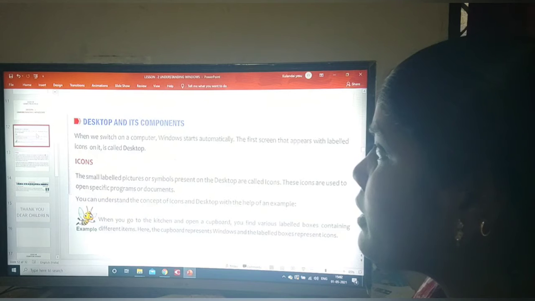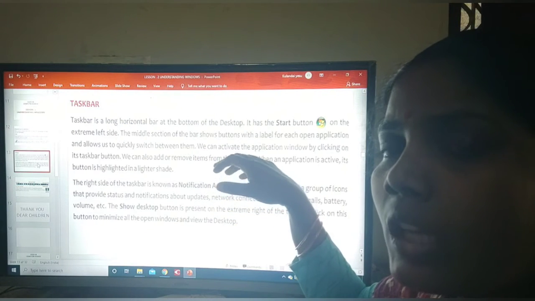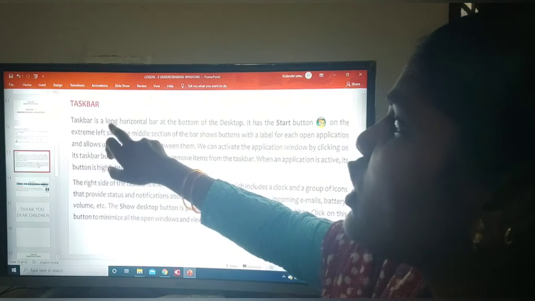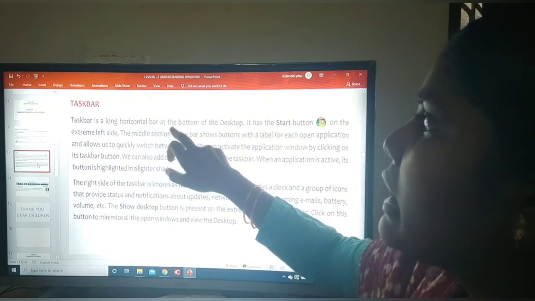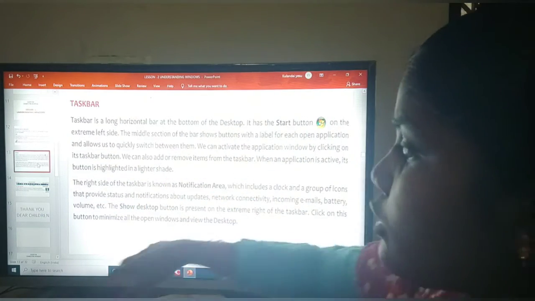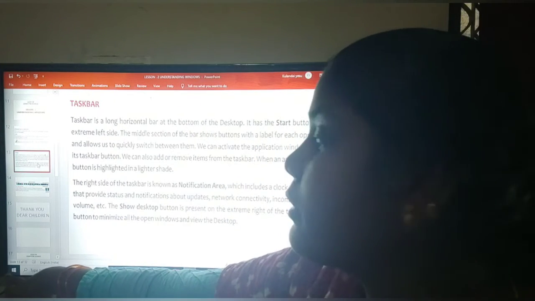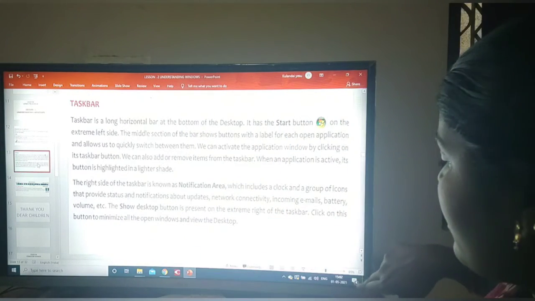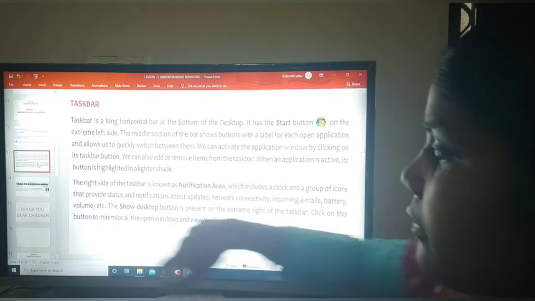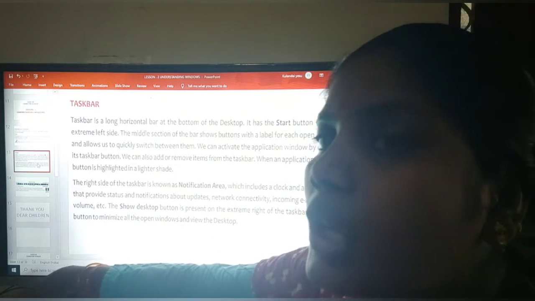The next topic is the taskbar. The taskbar is a long horizontal bar at the bottom of the desktop. So this is the desktop, and from here to here, the bar that fills the bottom to the end, we call the taskbar.